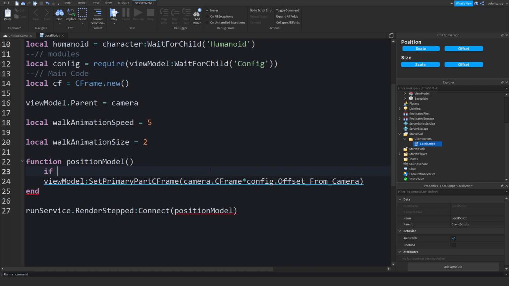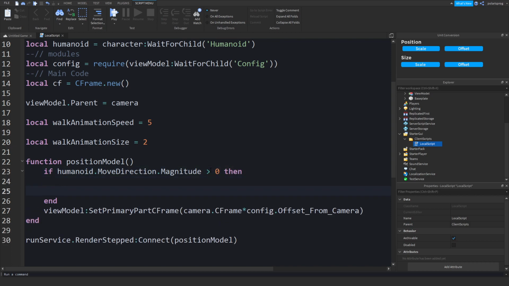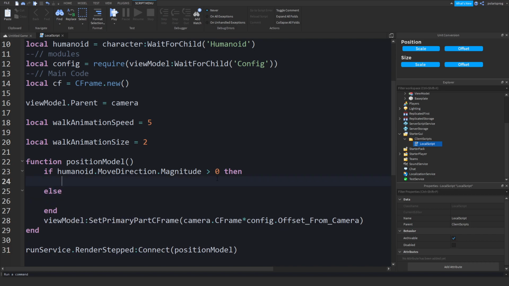Now in here we're gonna create an if statement that will check if the player is walking. So if humanoid.MoveDirection.Magnitude is greater than 0, then, else. And in here we're gonna do cframe is equal to cframe:Lerp, and we'll do config.offsetFromCamera